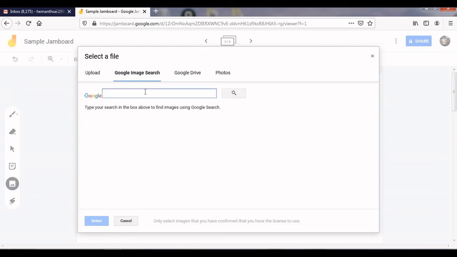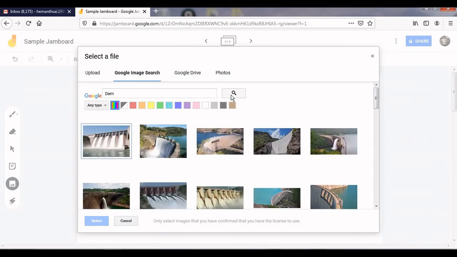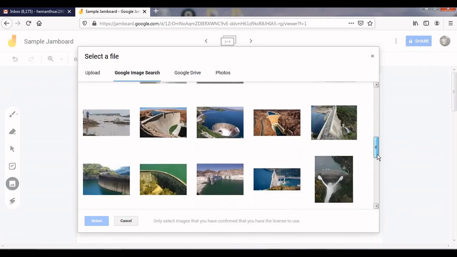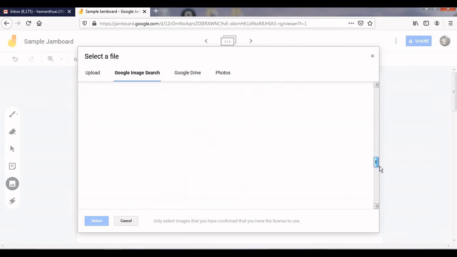Yes, here I'll search a dam. So you will get pictures of dams like how you search in Google. You can select whichever picture or image you want.